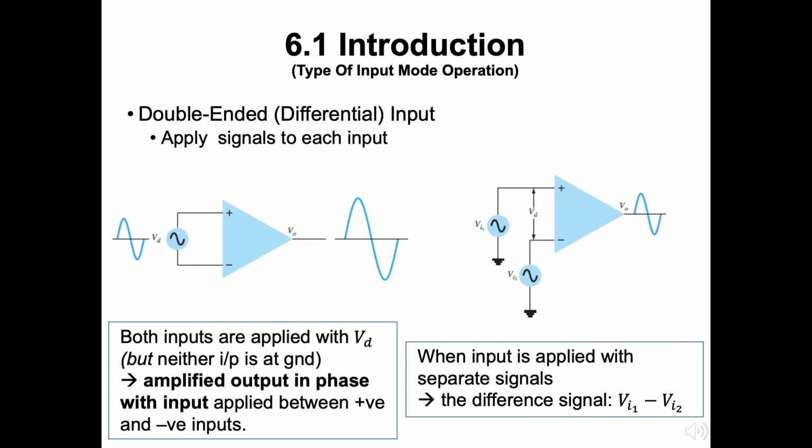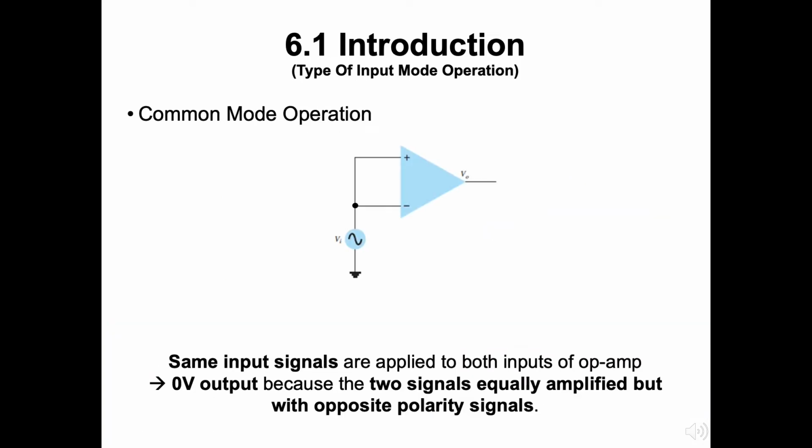Here the amplified output is in phase with the input applied between the V+ and V− inputs. While on the right-hand side, the input signal is applied separately. On the output side, the signal is produced as the difference of the two input signals given as VI1 and VI2. For the third type, common mode operation, the same input signals are applied to both inputs of the op-amp with the